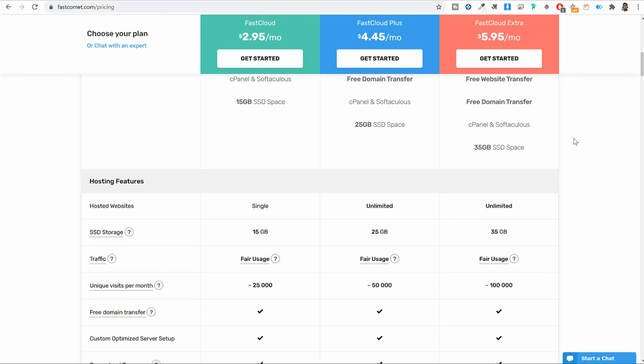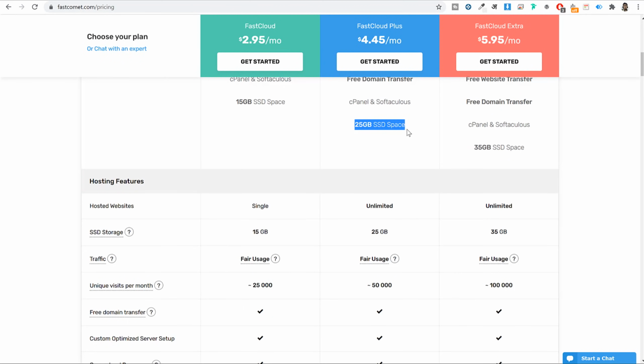Then after that we get 25 GBs of SSD space, and this SSD server is RAID 10 configuration. So this makes sure that your website is fast and also your data is 100% secure. Now most of the hosting providers use HDD space to host your website, but when your website is hosted on HDD server or HDD space, your website speed and performance is really bad. But here these guys are using SSD, so your website speed will be around 25 to 30 times faster than a regular hosting. Then obviously there are many more features.